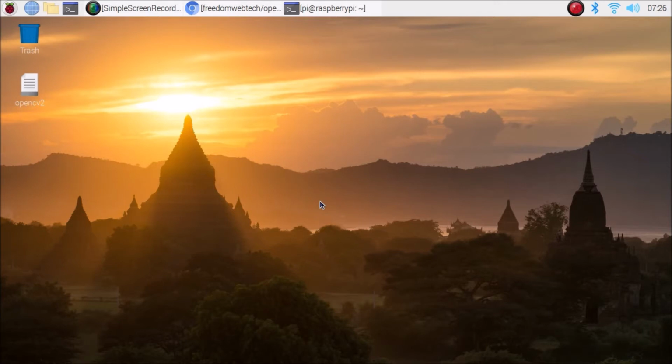In the last session I showed you a demo of how you can use your mobile IP webcam to detect OpenCV contours on the Raspberry Pi 4. That was just a demo. In this video I am going to share the script with you.